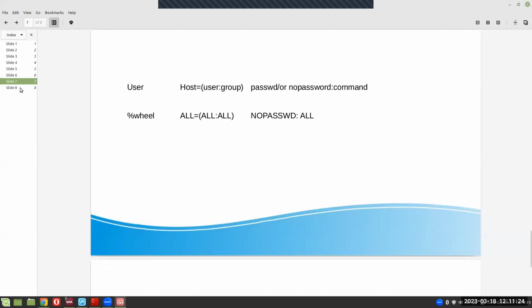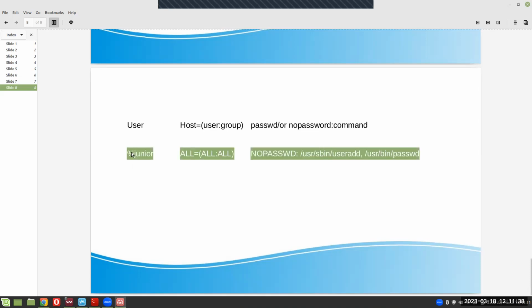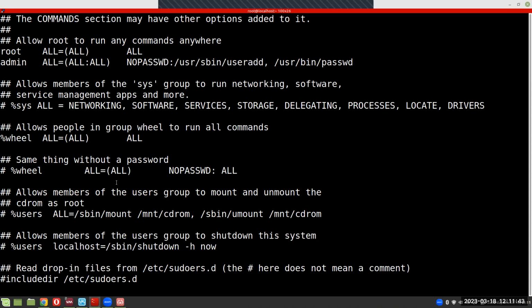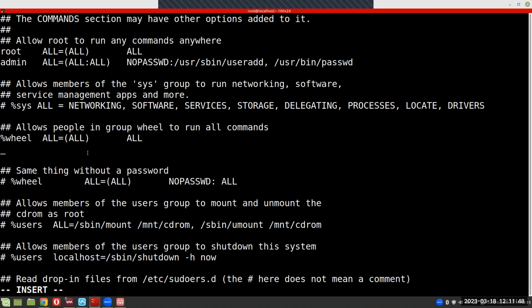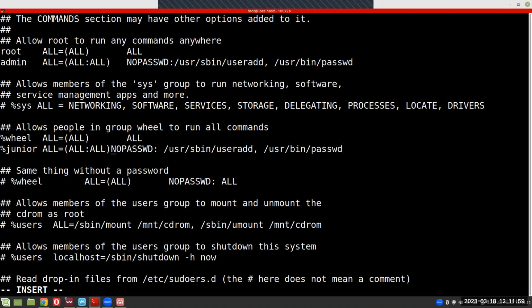For our case, we're going to take an example. We're going to create a junior group, our new employees, and we want to give them the permission to execute only these two sets of commands. So I'm just going to take this and add it in our visudo configuration. It doesn't matter where you put it, but I'm just going to put it down here and create that group for those users. So as I'm saving this,